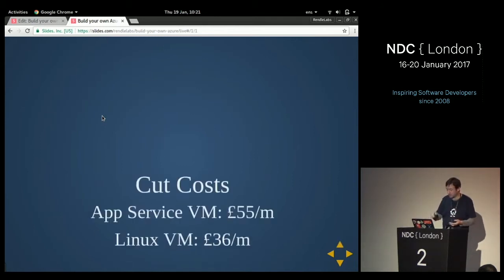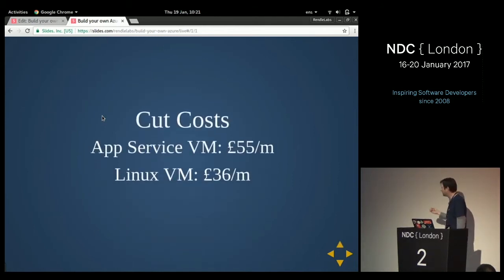So why would you want to do this? Well, this is the primary reason. If you use app services, all that convenience and lovely stuff that they've built on top of the underlying infrastructure comes at a premium cost. And it's a big premium. An app service VM costs £55 a month, and the same size of VM running Ubuntu 16.04 costs £36 a month. And that's for the kind of dual-core